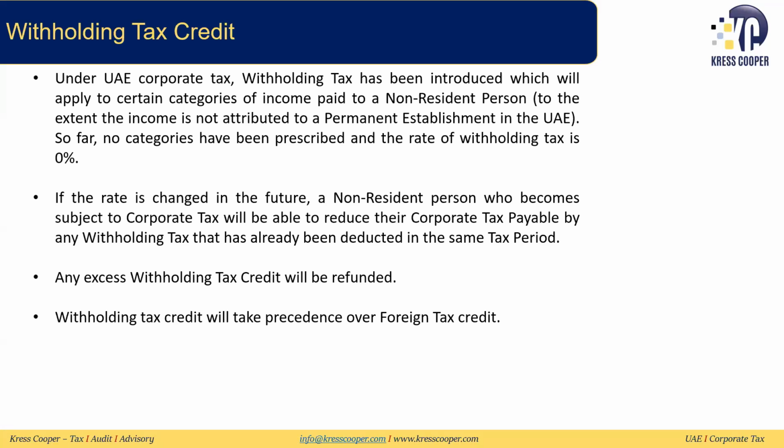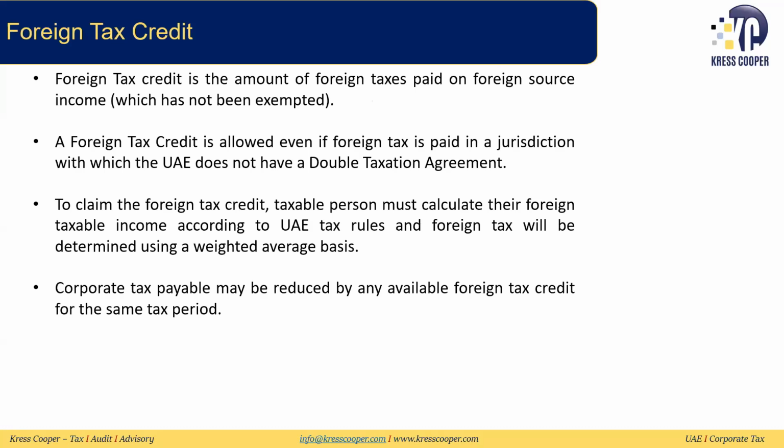And the guide has also clarified that this withholding tax credit will take precedence over foreign tax credit, meaning that we need to use this withholding tax credit before we can use the foreign tax credit. Now, foreign tax credit is the amount of the foreign tax which we pay on our foreign source income, any income which is not an exempt income. If foreign source income is exempted under the UAE law, then not that. But if any foreign tax is paid on other than exempt foreign source income,